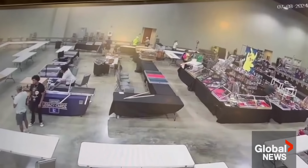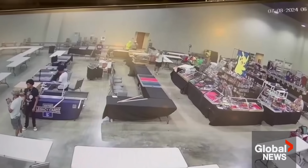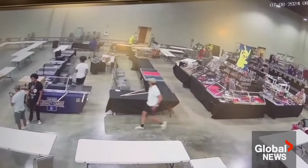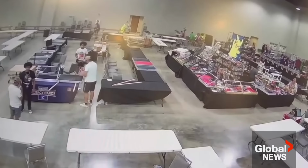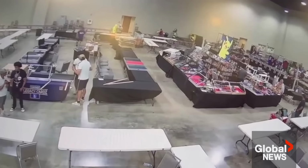And the one who snuck in and took the case had been stacking chairs for over an hour to make it look like he was an employee there. And then these 3 other men come in and distract the 3 employees, keep the 3 employees facing away from the man in the middle. Once the guy had the Zion case, he zipped out the back, and these other 3 men left in different